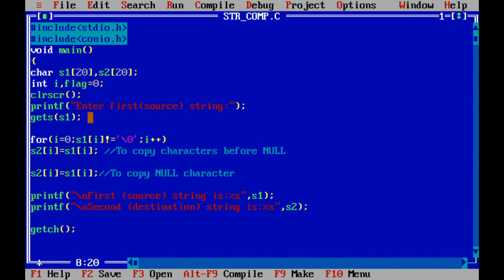Then we will enter the first string. Now there is no source and destination, because there are only two strings that we have to compare. So enter the first string, gets s1.